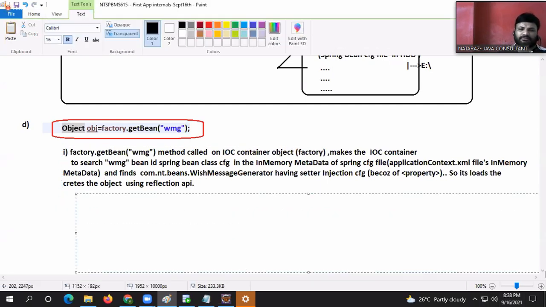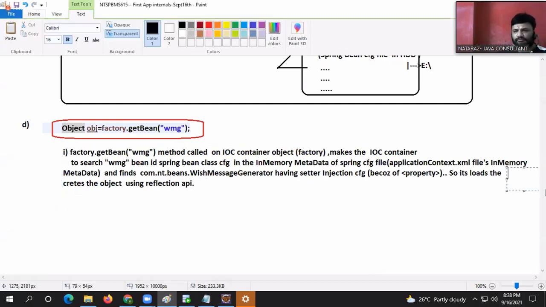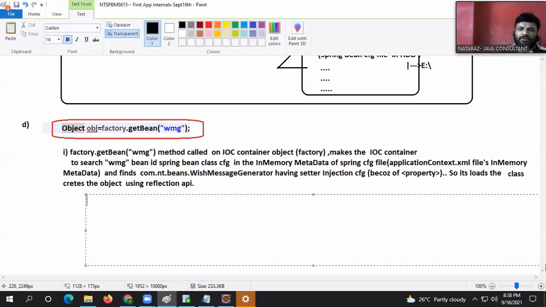What will it do, guys? What is the code? Internal code, guys: Class c1 = Class.forName("com.nt.beans.WishMessageGenerator");